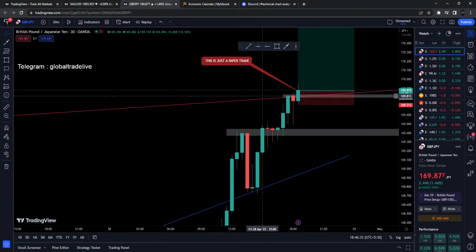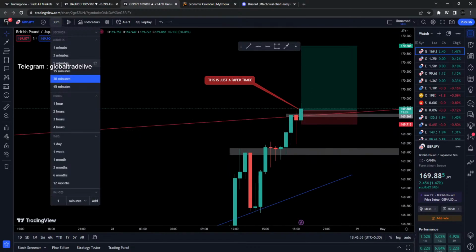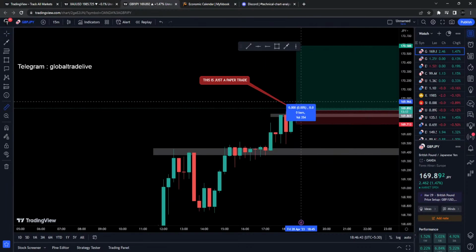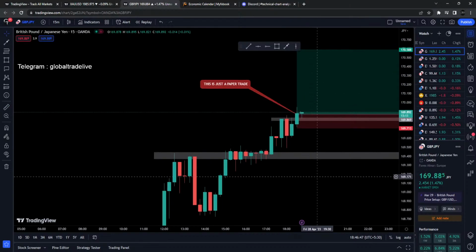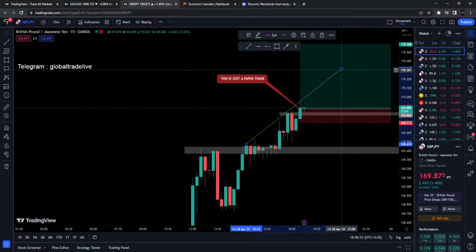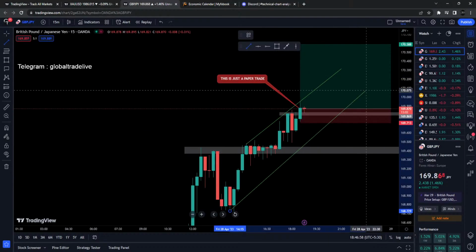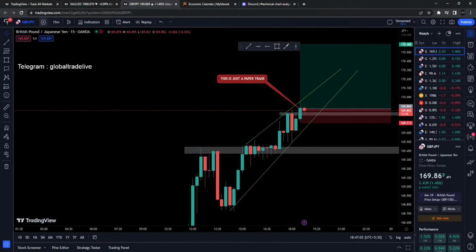And same thing I'm thinking for GBP JPY, because I can see that it's kind of struggling over here. So now, even though this candle breaks the high of the previous one, I can take a trade, but I will not. I will definitely not. Because I really think market can reverse back from this point.